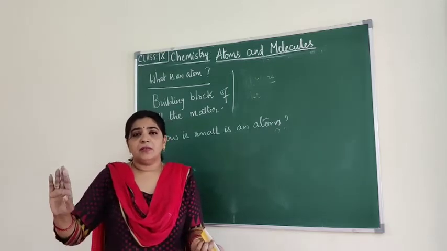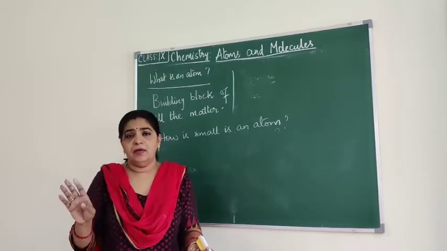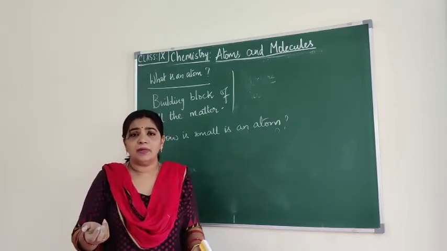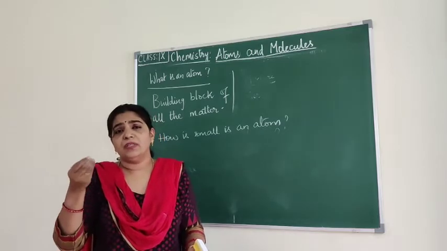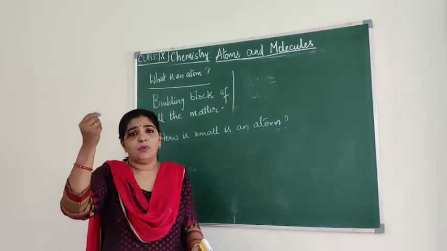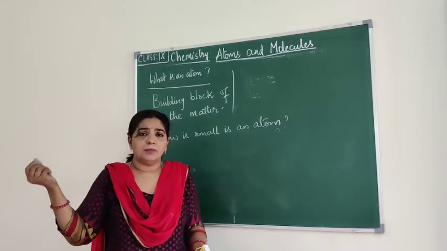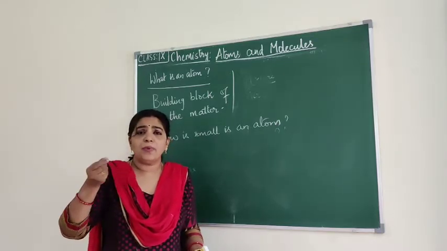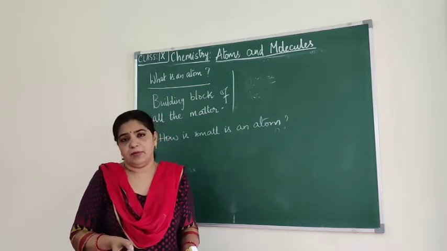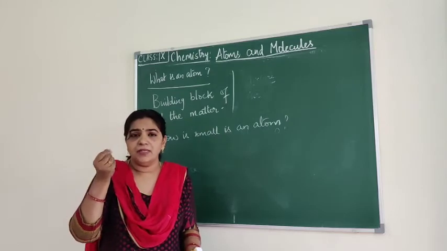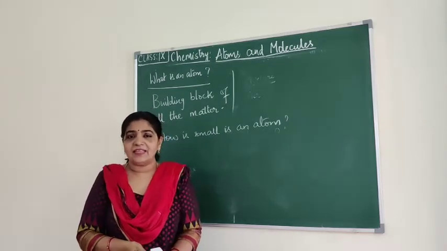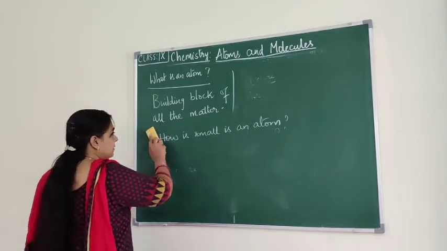One thing is clear, all matter is made up of atoms, right? So how do we know which substance is made up of which atom? Now we know elements are made up of atoms, and we have so many elements. How to remember those elements? To remember them, we have to learn their symbols. So let us see what a symbol is.